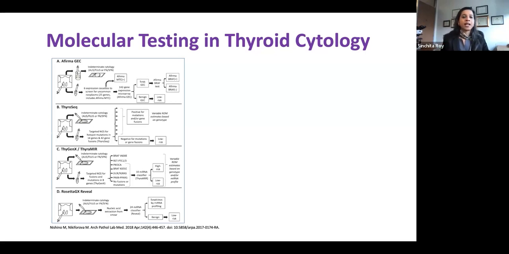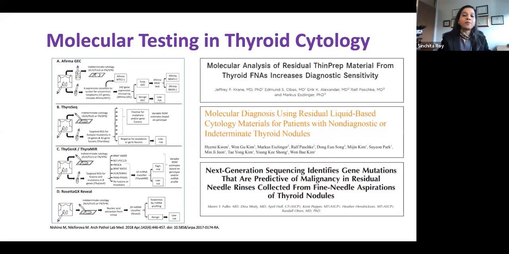Some are gene expression assays, some look at next generation sequencing. And most of these you have to collect in a proprietary solution and send it to the company for testing. Some of them will test off smears, but these are all send-out tests. And there have been several publications that have looked at doing the same kind of test in-house by using residual sample that you have from these thyroid FNAs. And they've shown that with residual liquid-based cytology, you can do next generation sequencing if needed.